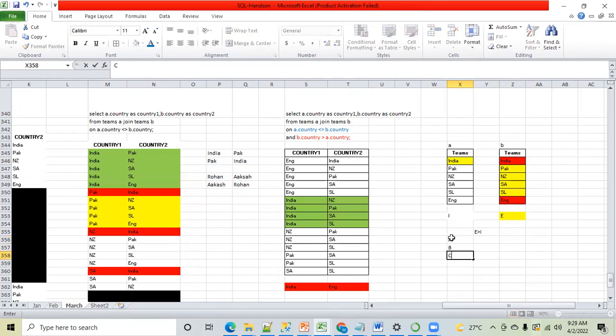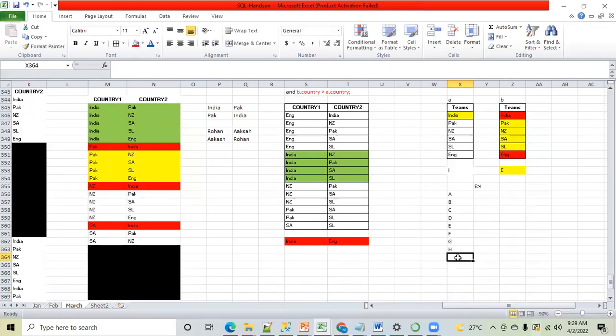A, B, C, D. They all have some numbers hidden behind them, and that is known as ASCII. A will have some code, 60, 70, something like that. I forgot the exact number, but that is the value. B has some value, C has some value, D has some value. Okay. So in this list, if I tell you the ASCII value of B is greater than A, am I correct? Yes, I am correct. Okay. Similarly, ASCII value of C will be greater than B. ASCII value of D will be greater than C. Then you have E, F, G, H, then you have I.